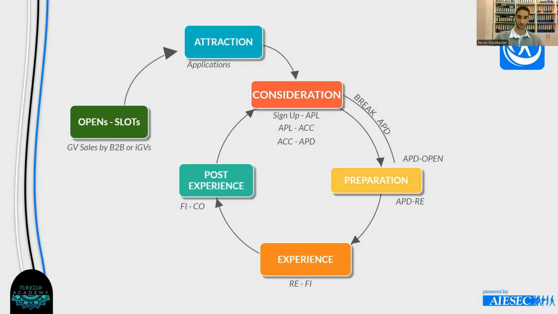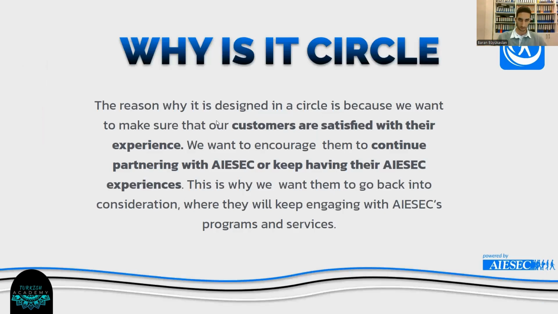Then after the completed side, the flow repeats. For example, let's say one person gets impacted and loves Turkey a lot. He or she wants to come back again, maybe next year or a month later, and then our phase starts again and again and again. So following this customer flow and being aware of every step is the most critical thing in our exchange, in our operation. Yeah, I will talk about these and I hope you understand.